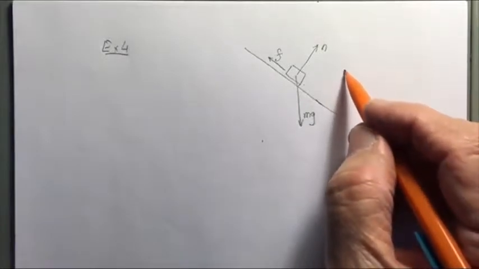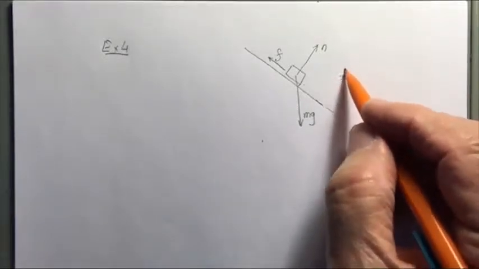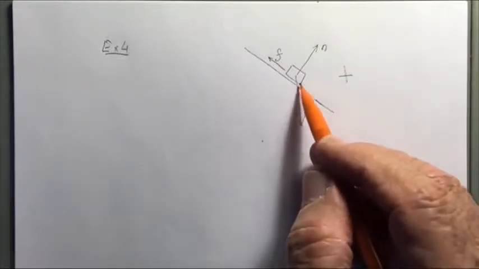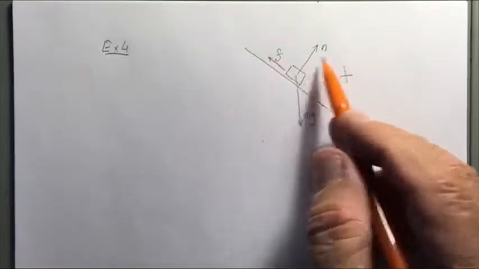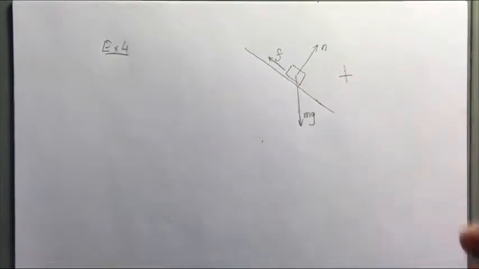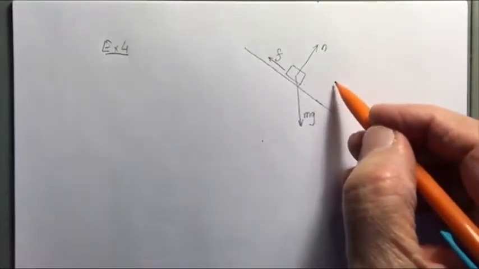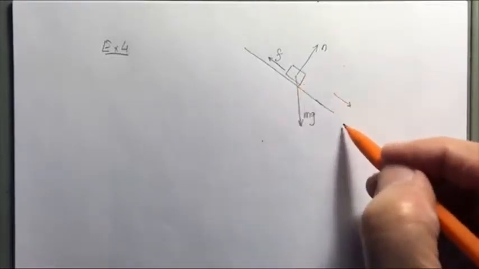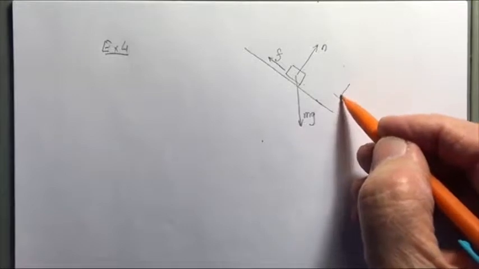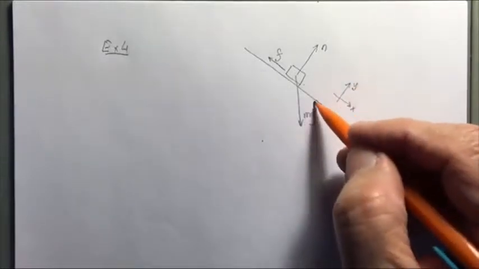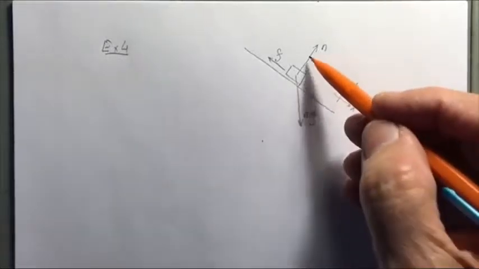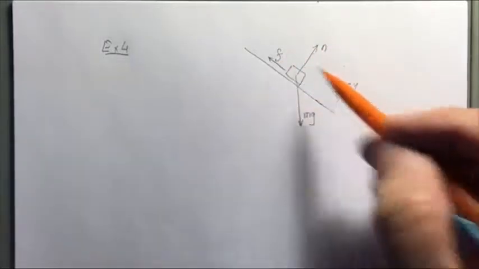Now if we set up the xy coordinate system with x horizontal and y vertically upwards, it would be relatively hard to solve because we have two forces which are not in the x and y directions. So instead, it's better to use a coordinate system where x is parallel to the surface and y is perpendicular to the surface. And this would be negative x and this would be negative y. So now the normal is parallel to y and f is parallel to x,